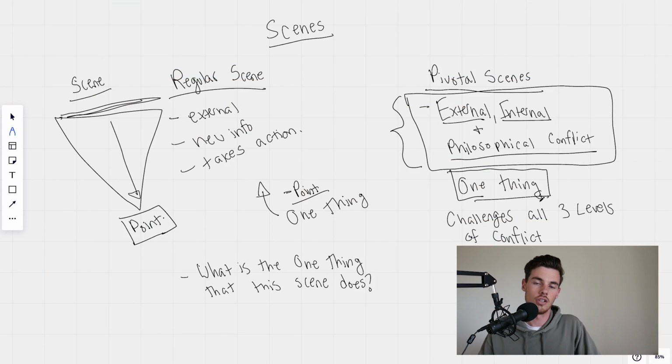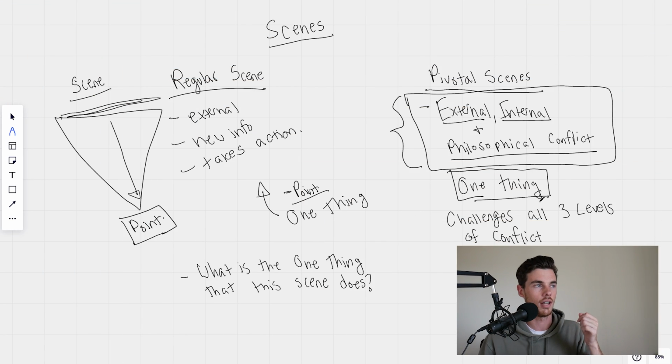So, your break into Act 2 from Act 1 can be one of these moments. Your break into Act 3 from Act 2 can be one of these moments. Your inciting incident can also be one of these moments. But this is what you want to be thinking about as you are building that story. Ultimately, though, this idea of one thing, I want you to be really thinking about this as you're handling your